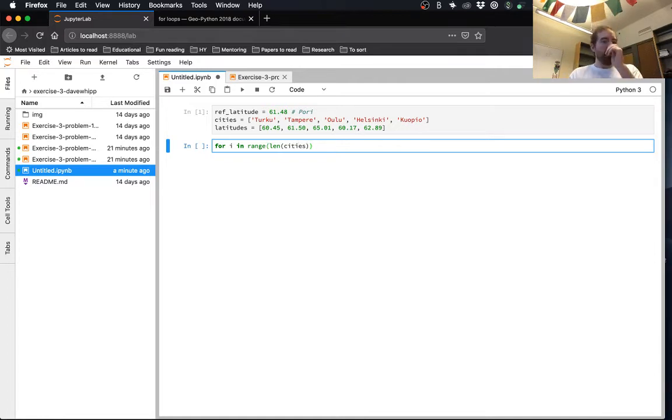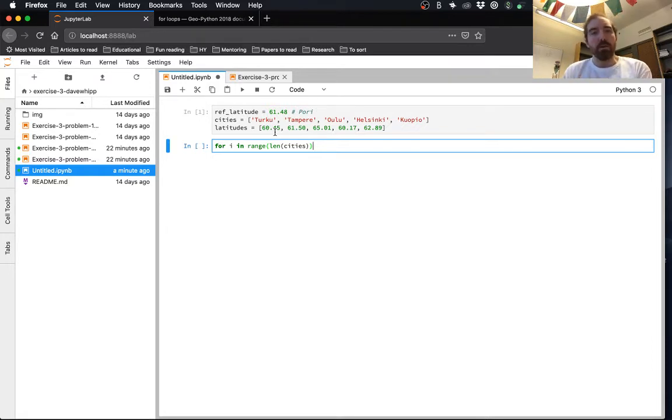So what we're going to do here is we want to just assign some number here, i, which is going to act as our index value in these 2 lists of cities and latitudes. The reason we want to do it this way is that we have a list of cities and a list of latitudes, and at each location in those lists, like location number 2 in the cities list is Tampere, and we have the latitude at the corresponding location number 2 in the list of latitudes.